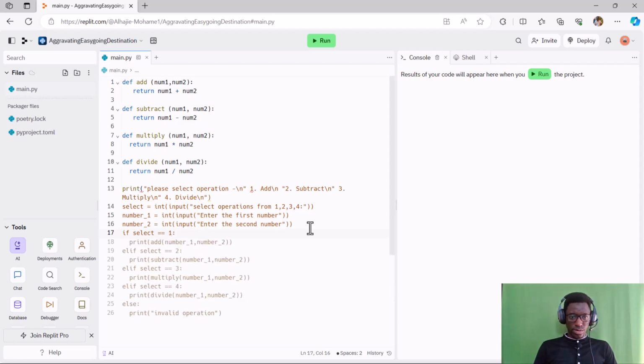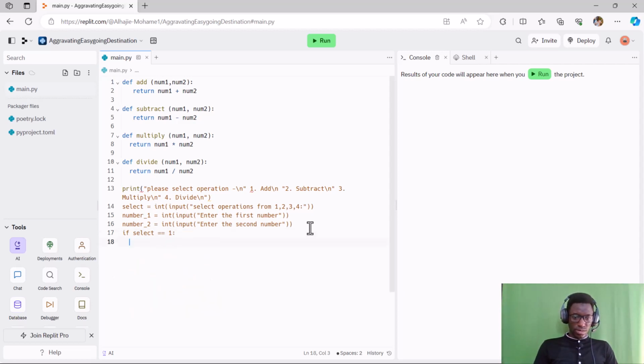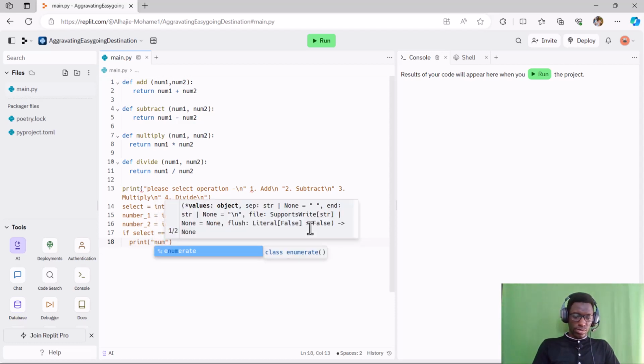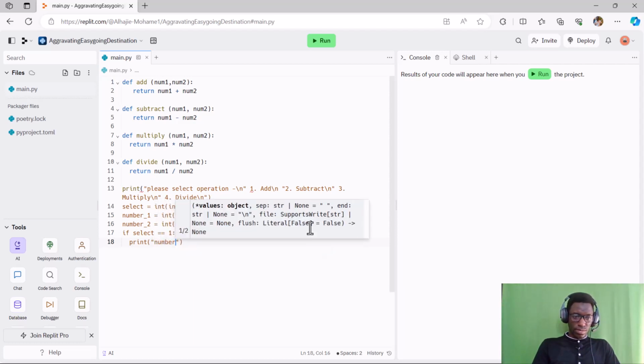We dealt with that before. Say print, okay, print add number 1, or you can say number underscore 1